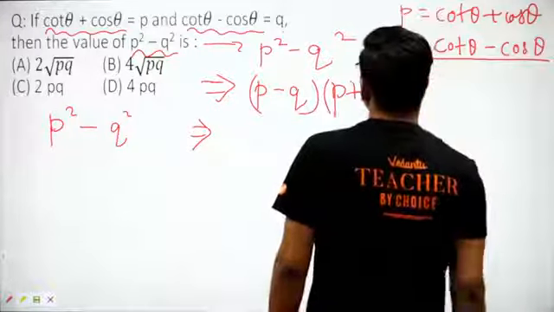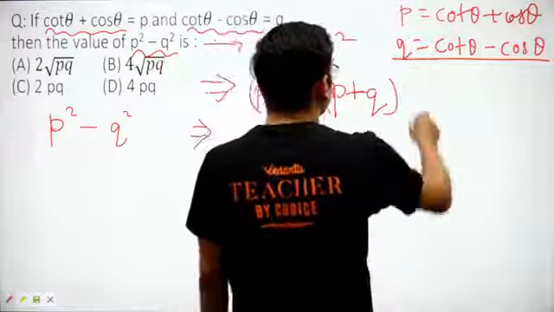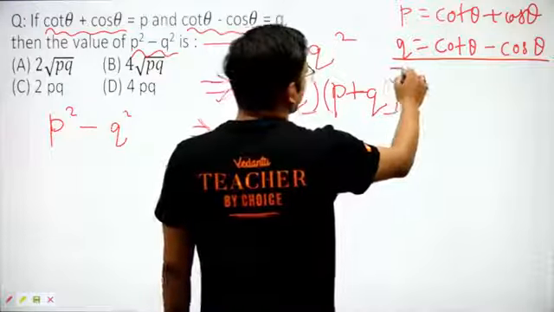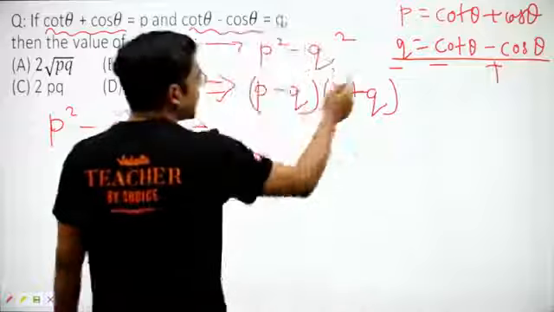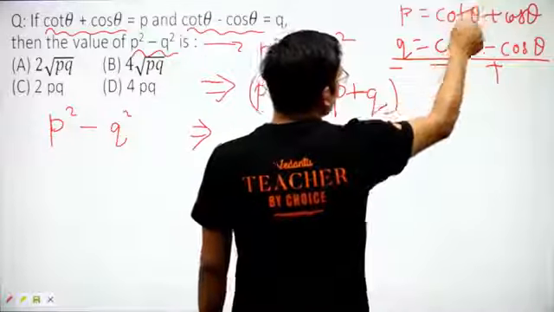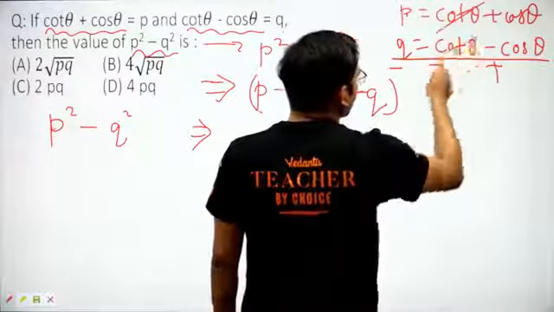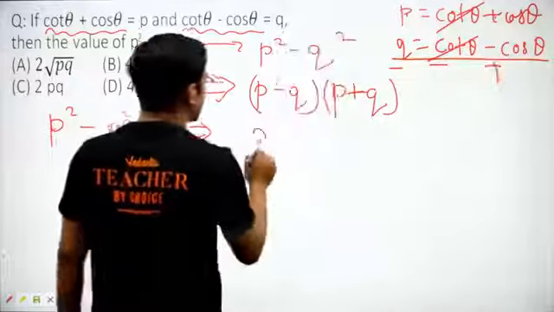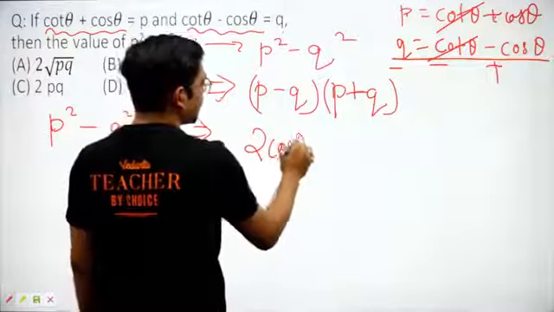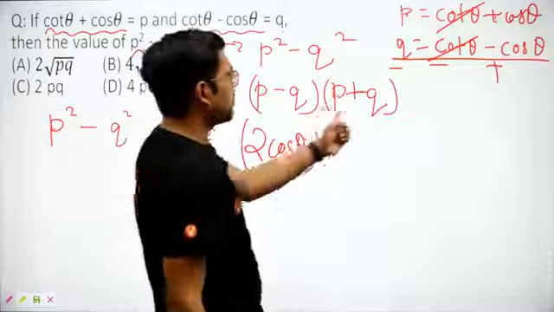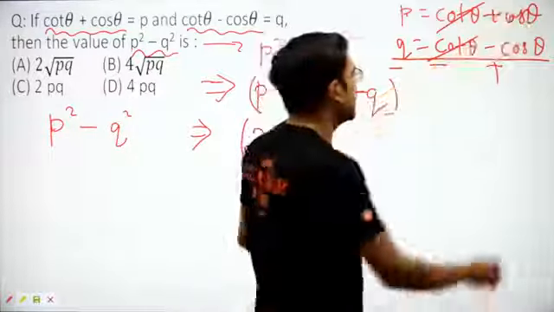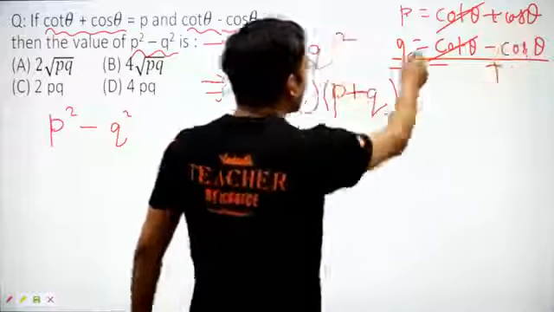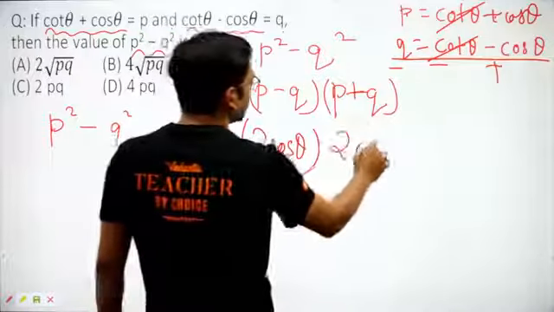So I guess you all know it very well, that when I subtract this, when I put minus here, it will be minus and it will be plus. So this will become P minus Q, and cot and cot get cancelled, and plus will be 2 cos theta. This will become 2 cos theta into P plus Q. If I simply add this, then this plus and this minus will get cancelled, and this time cos theta will get cancelled, and this will be 2 cot theta.